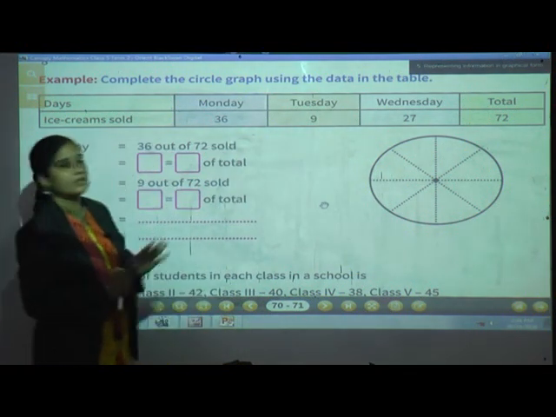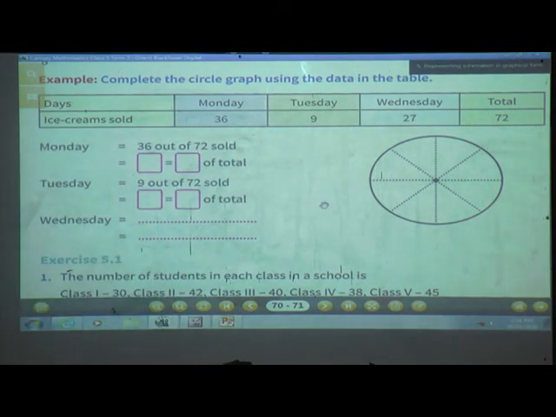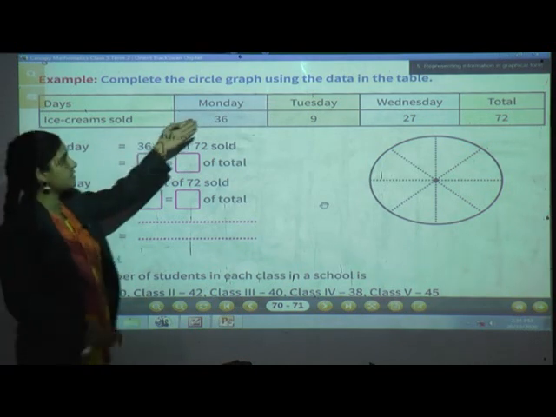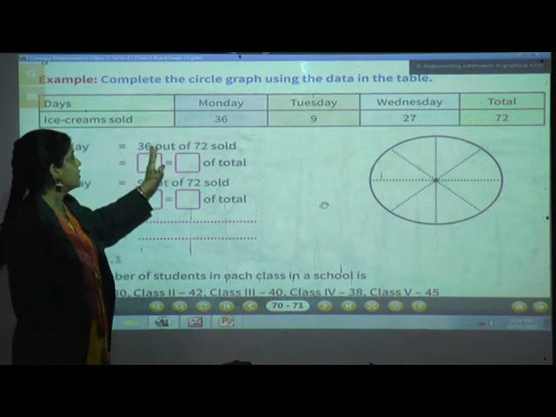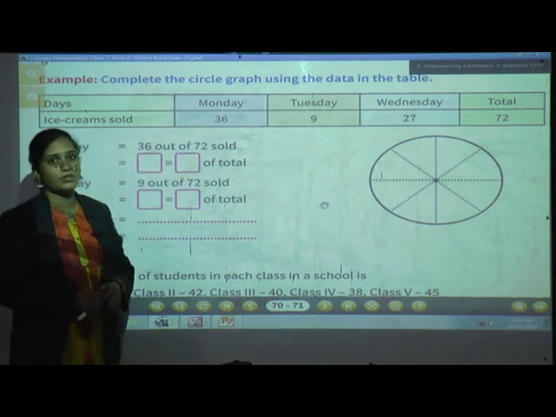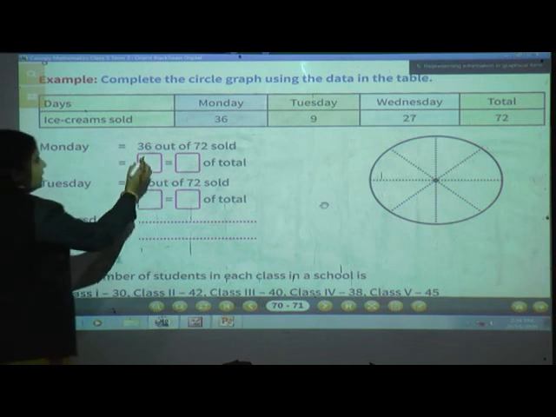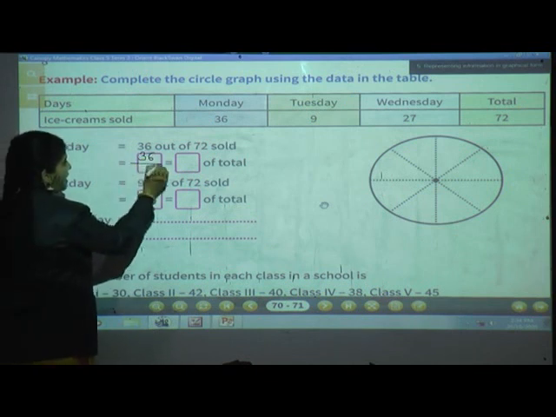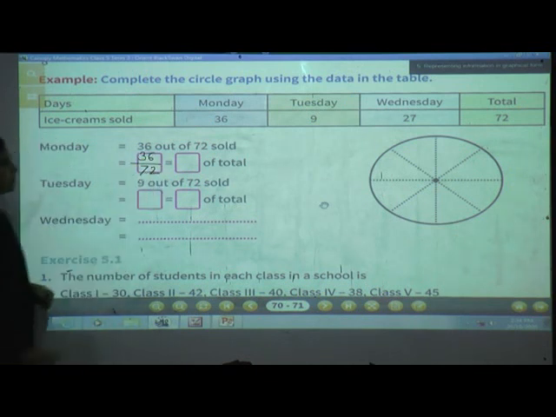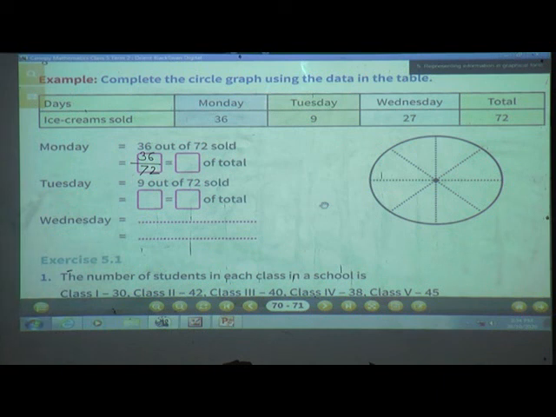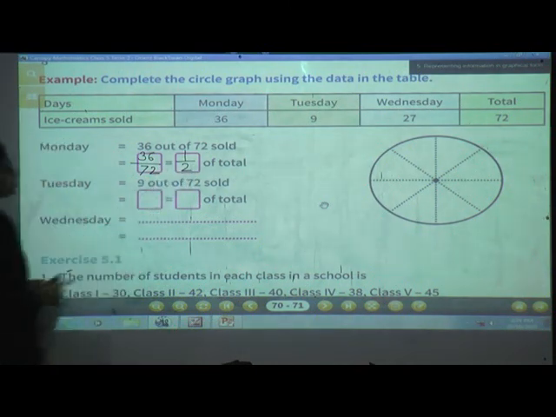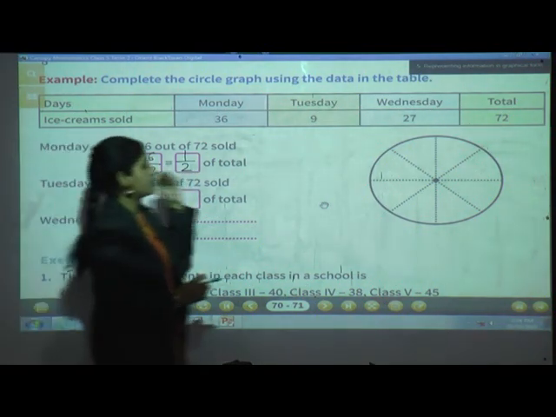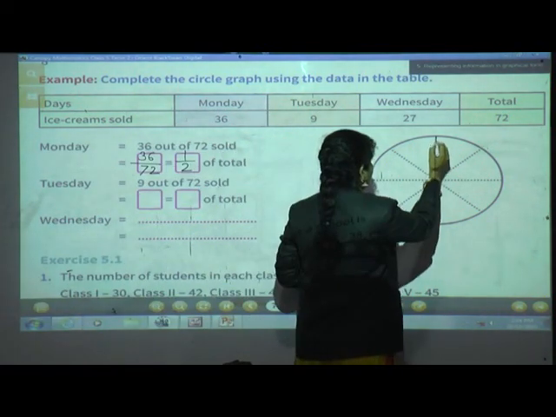So the total 72 ice creams were sold. See Monday. How many ice creams were sold in one day? On Monday 36. So 36 out of 72. So just divide 36 by 72. Yes students, you will get 1 upon 2. So here half of a circle, that means here